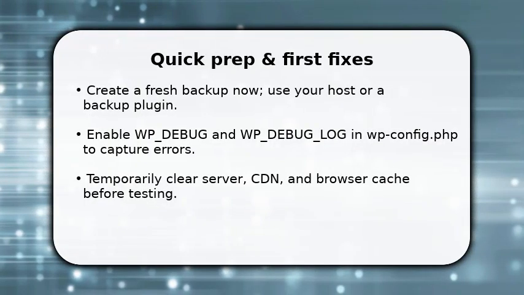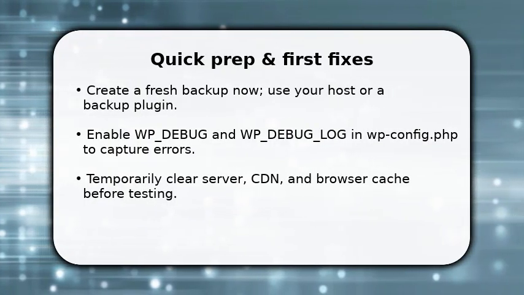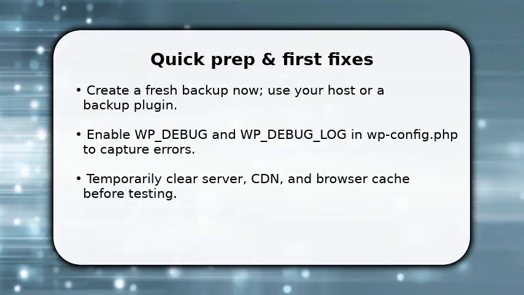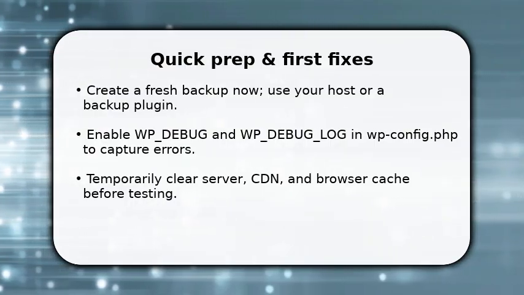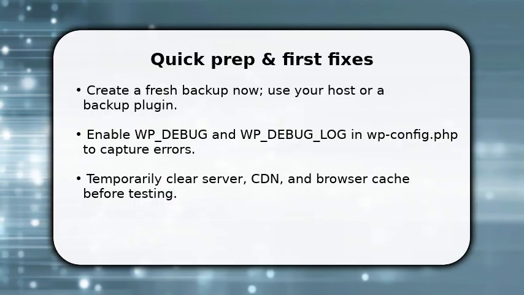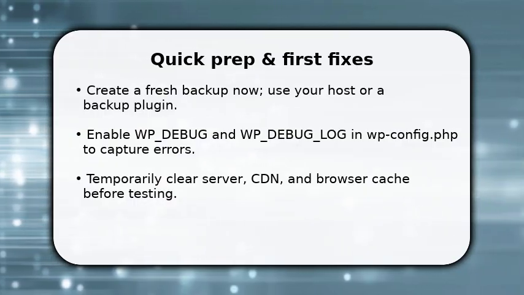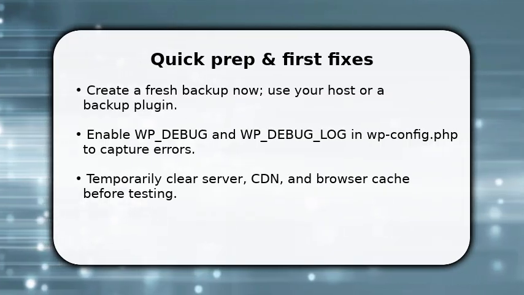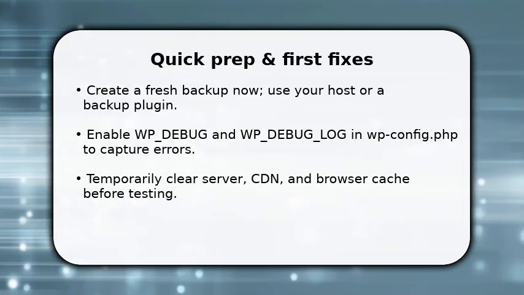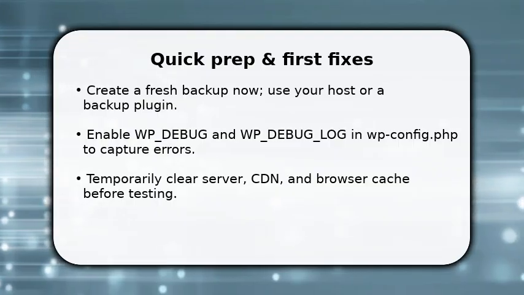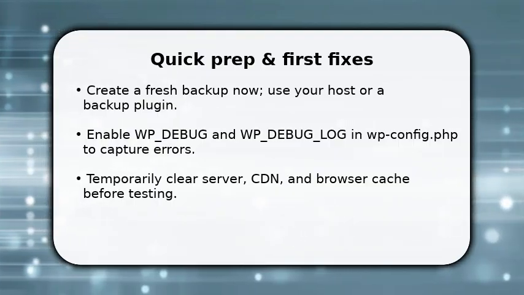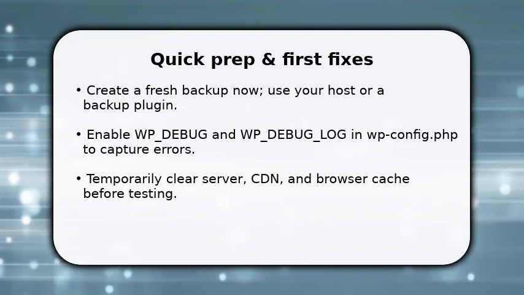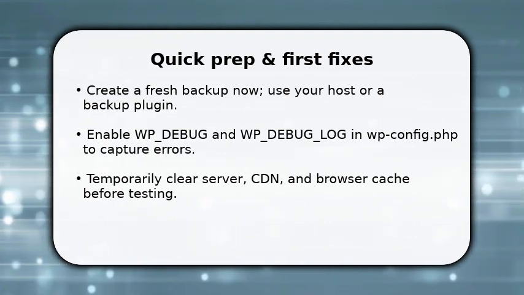You start by protecting your site with a quick backup, then turn on WP Debug and WP Debug log so you can see the underlying error. Once done, clear all caches, browser, CDN, and server, because stale files hide fixes. Next, confirm PHP version meets Elementor requirements and increase memory limit to at least 256 MB if low. These actions reveal the problem and remove common blocking layers, so you can move to conflict diagnosis with accurate logs